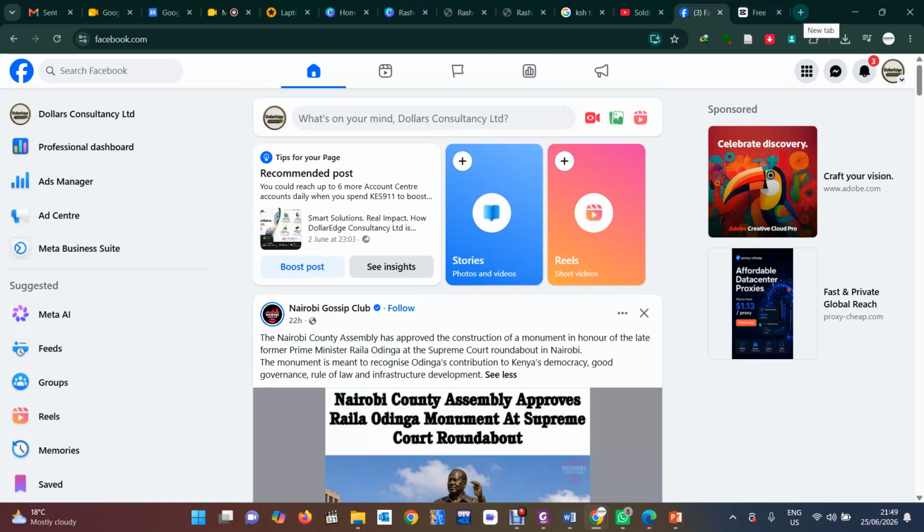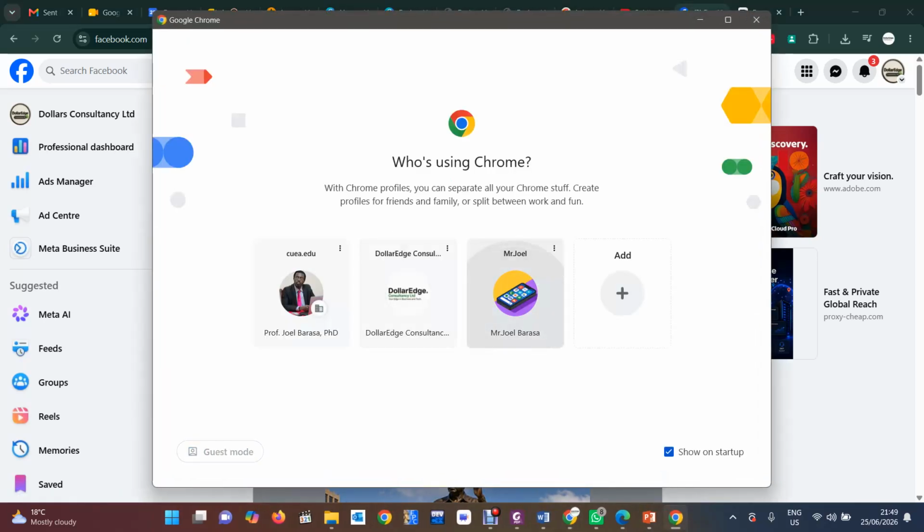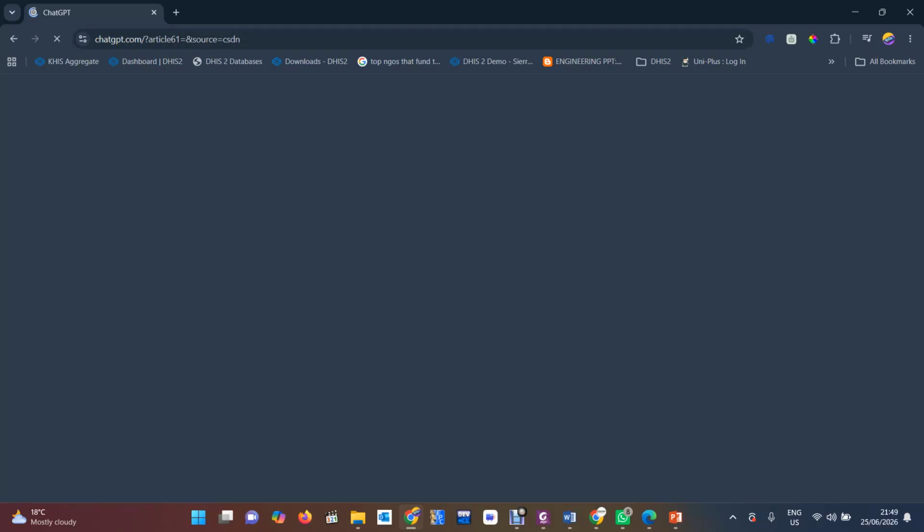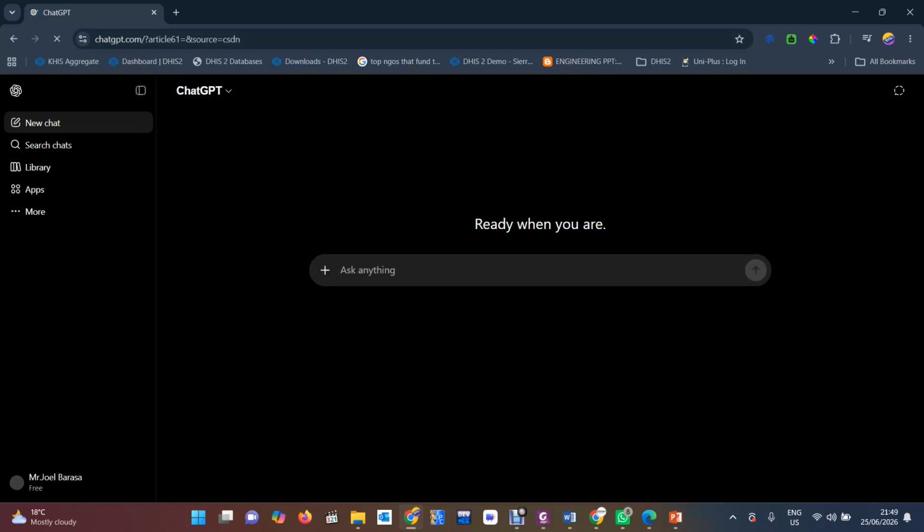So you just go to something like ChatGPT or Gemini, and then you give it the idea. For instance, that is maybe a ChatGPT. Wait for it to load.